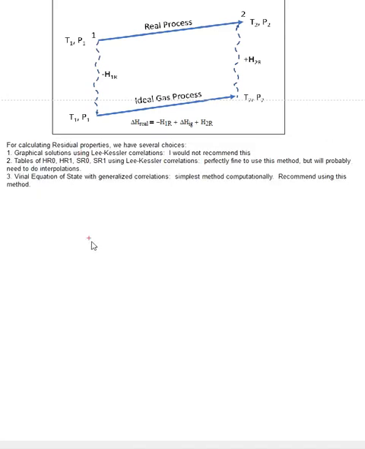So as we mentioned in our previous problem, when we're doing residual properties, we have several choices for the calculation method. Number one, we could use graphical solutions, and your book has a couple of graphs, but I wouldn't use this. I doubt you would be able to find anything that is easy to use. You can also use tables